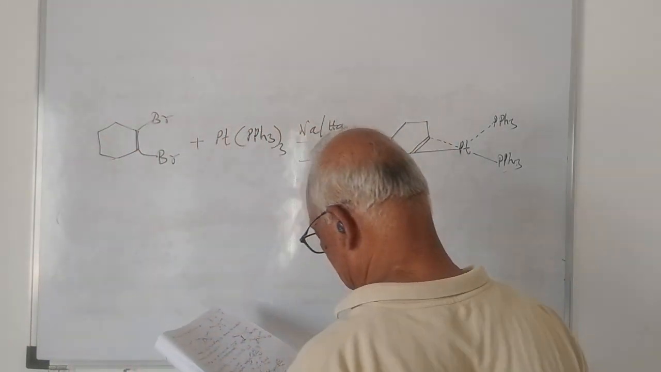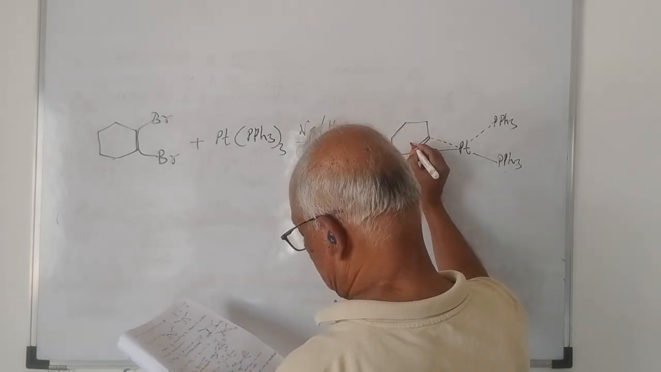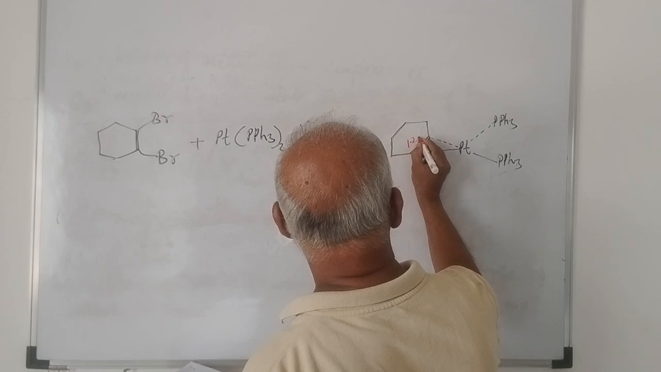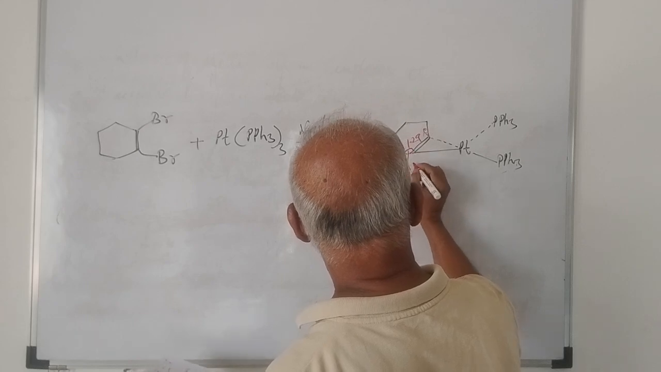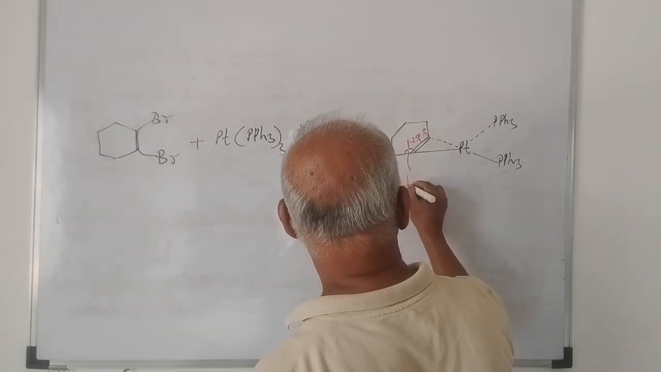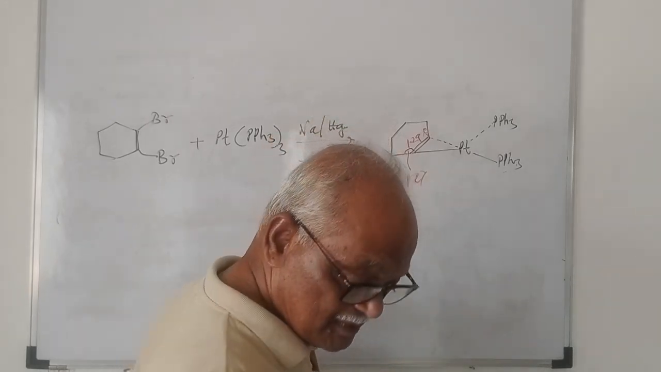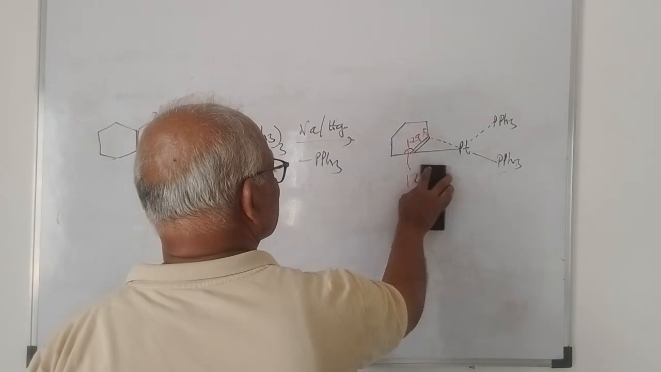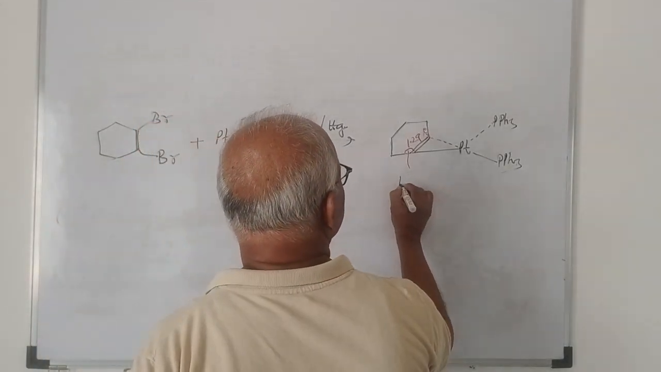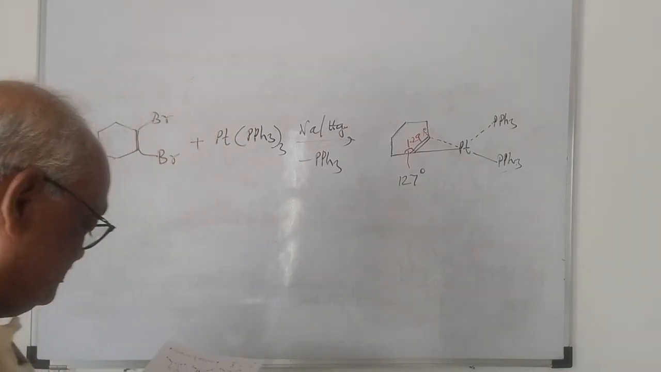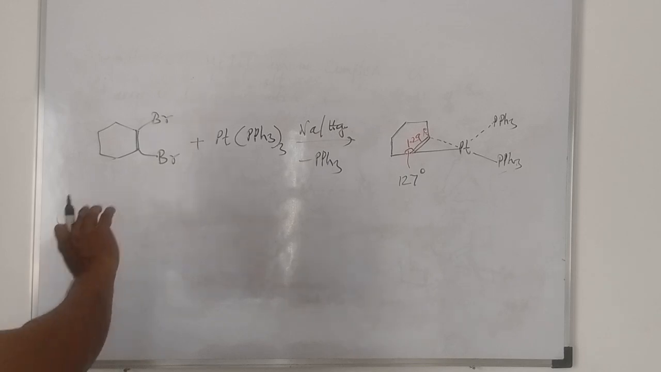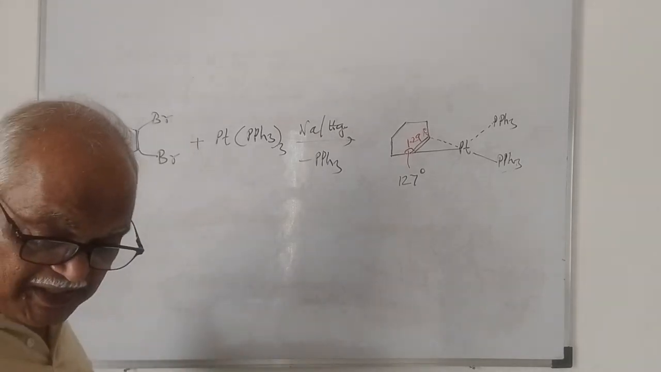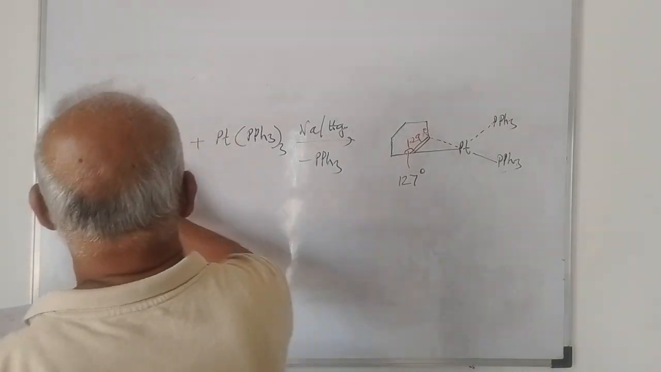So the dimensions like this. The bond is 1.29 angstrom and this angle is 127 degrees bond angle. In this way, the benzene is stabilized by coordinating with metals. Now the next example is